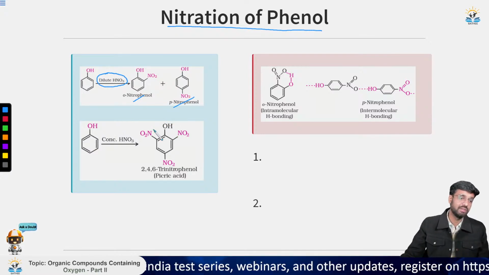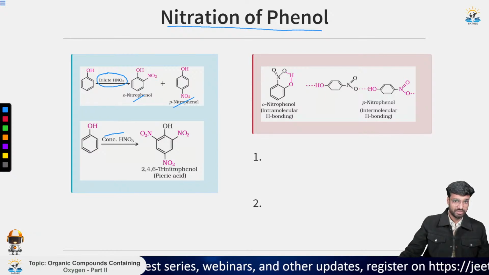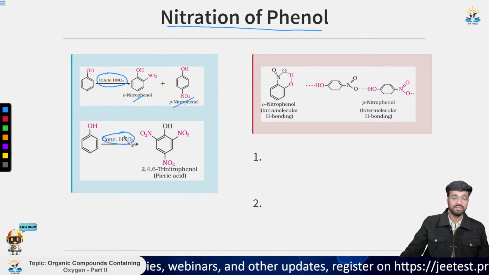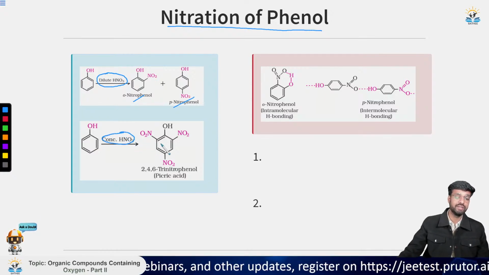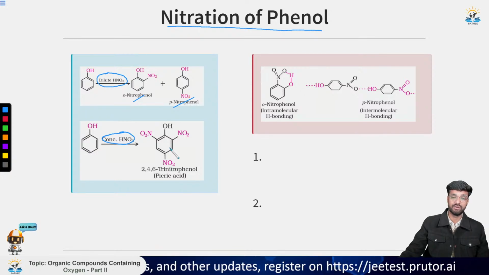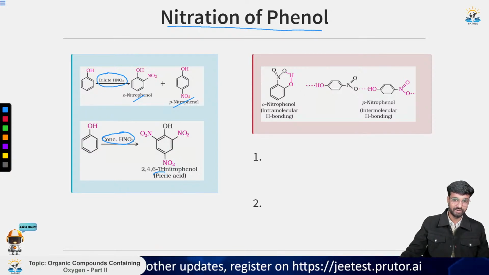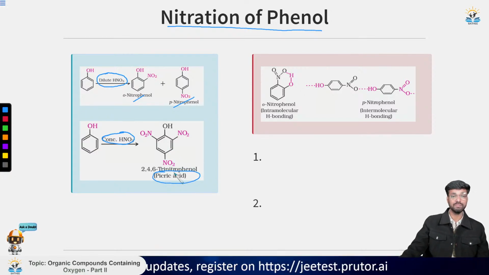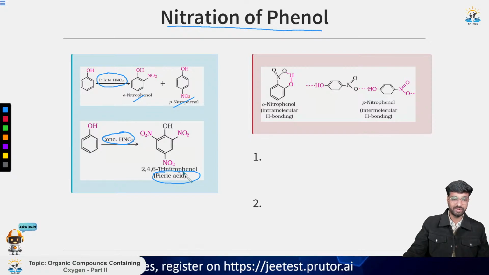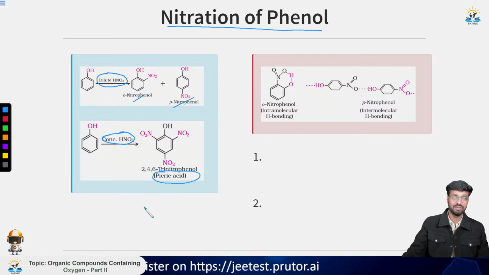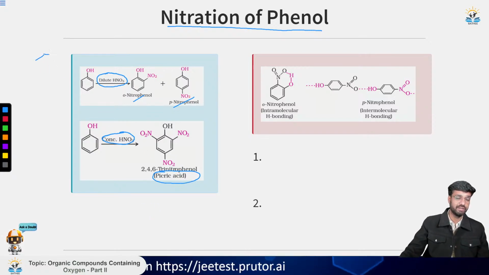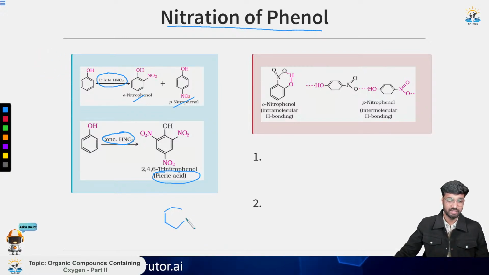Now coming to conc HNO3. If we take this conc HNO3, then what is the difference? It will give a tri-substituted phenol, which is called picric acid. Those who have not attended the previous class, we have another example also. We can form this picric acid in another way also. If we take this Cl with tri-substituted NO2,